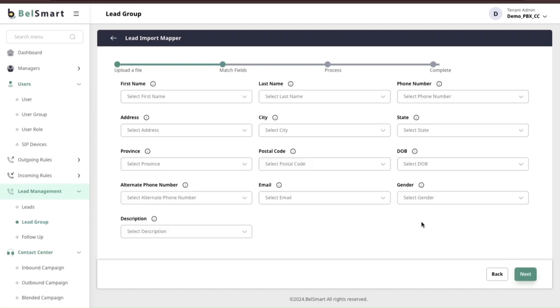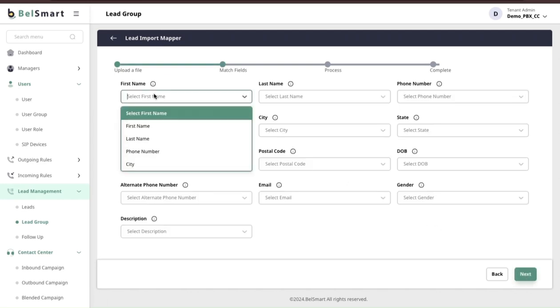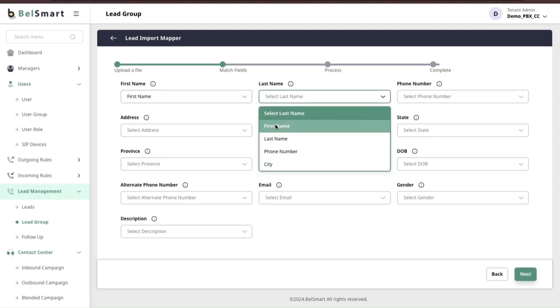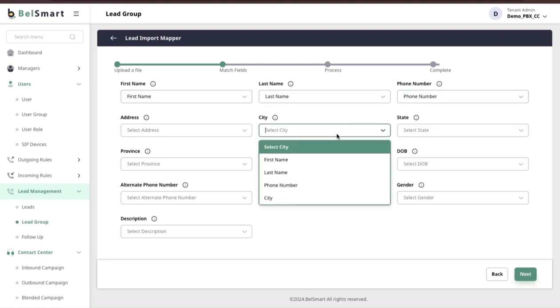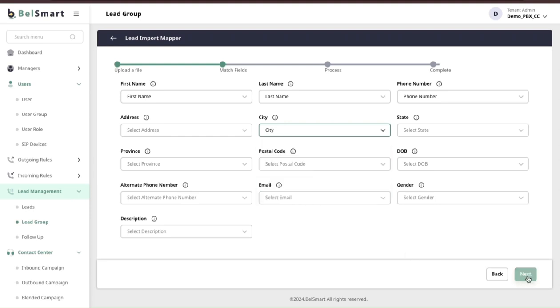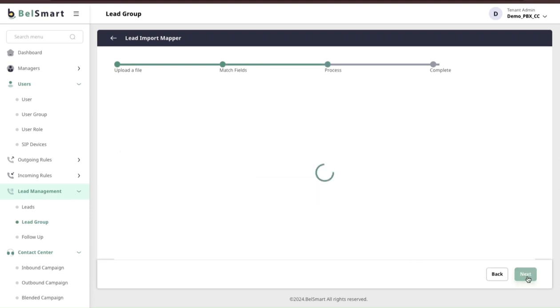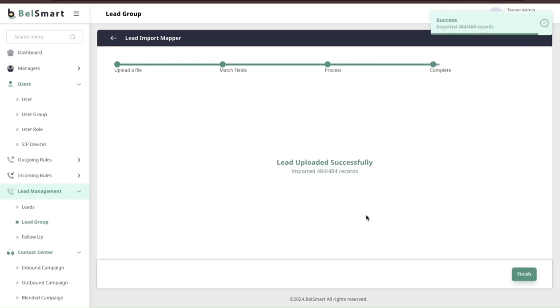Then click next. So now you can see the lead import mapper. You have to select the first name as first name, last name as last name, so that it can map exactly the same way from the Excel, and then save it. So now you can see your leads have been uploaded. So once your lead has been uploaded,